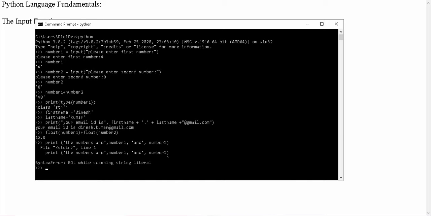I made a mistake. Single quotation; here I gave double quotation. There are numbers 4 and 8. Now I am getting the average.